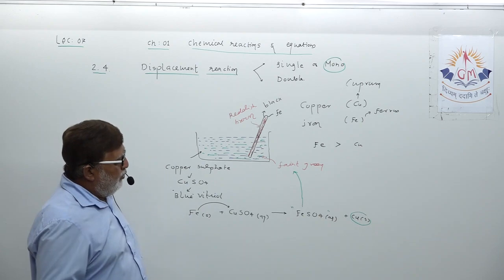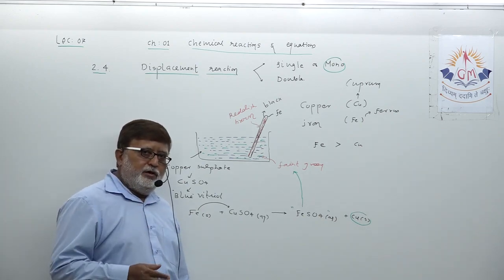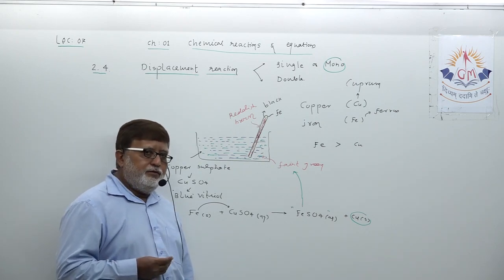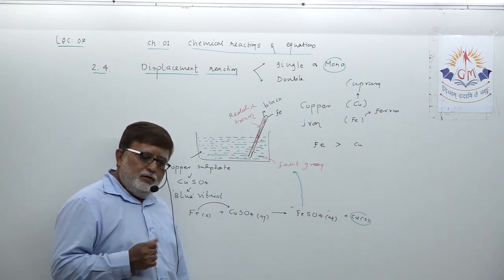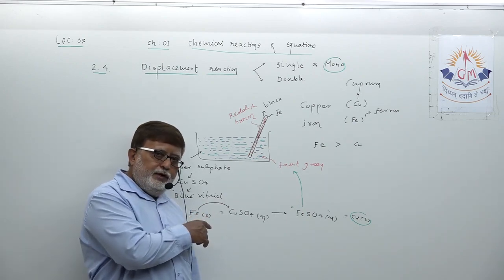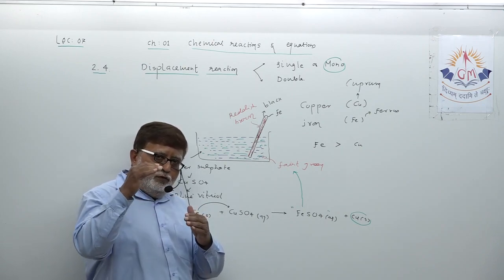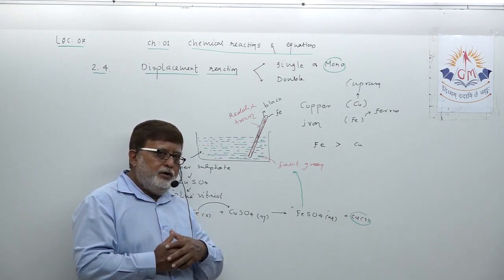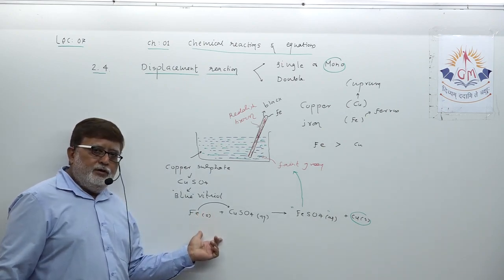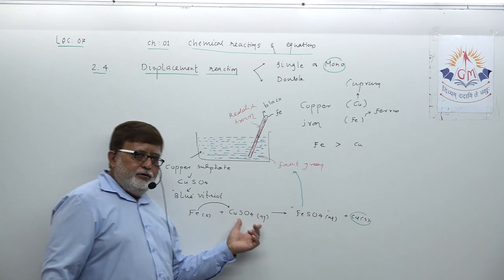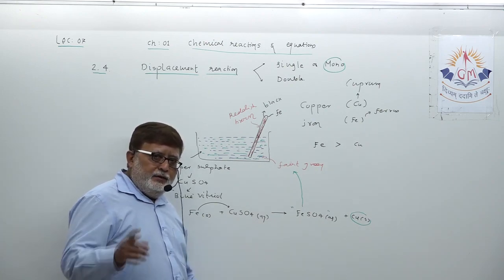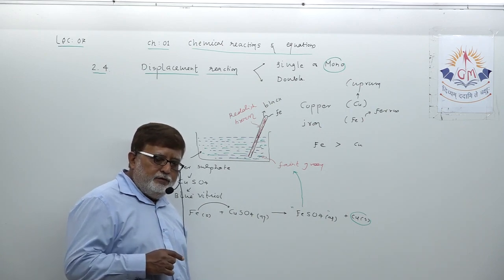Topic 2.4.1, precisely speaking, discussion with this only. Understand? So this is called displacement reaction. Dear student, sometimes such 4 to 5 reactions are given to you in the exam, where the first reactant will be the metal, the second reactant will be a metallic compound, and they are asking such a question.